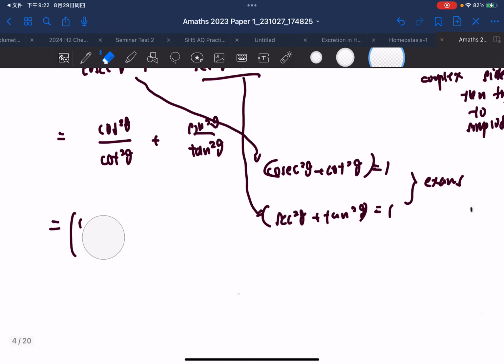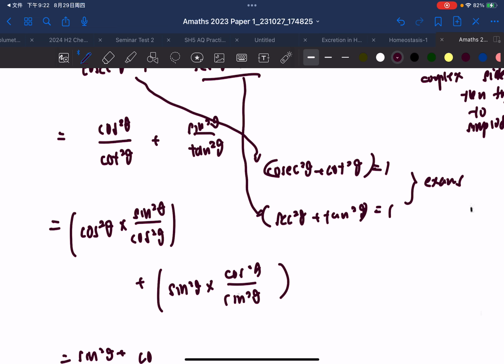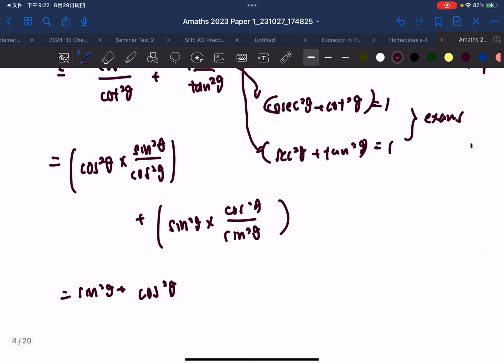If it is divided by cosine square theta over sine square theta, it's actually equal to times sine square theta over cosine square theta. Then for that, it will become sine square theta times cosine square theta over sine square theta. So at the end of the day, I will get sine square theta plus cosine square theta equals to 1